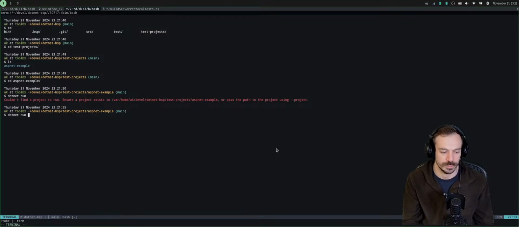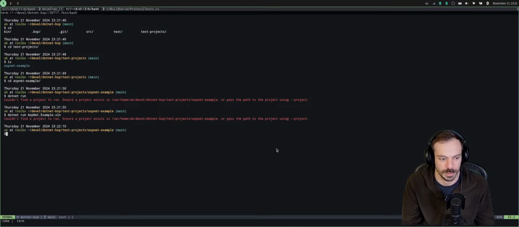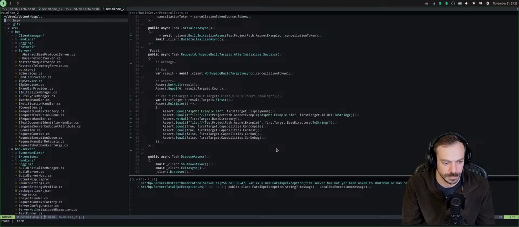So .NET run. Then we say the solution file. No, you cannot. You have to pass a project, so you cannot run the solution itself. So that's a bug then.